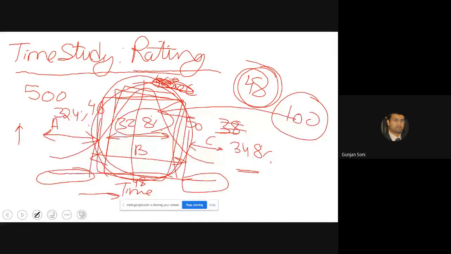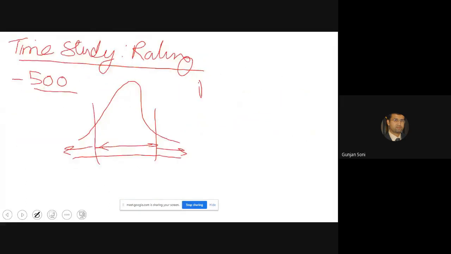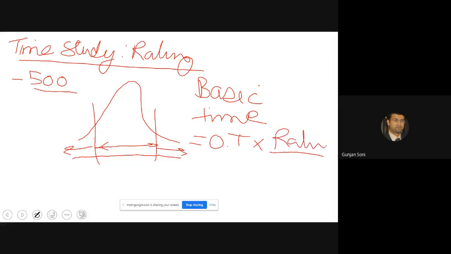Now, how does it signify the basic time? Let's try to understand the fundamental of basic time using this. Basic time, as we know, is observed time multiplied by the standard rating, or you can say rating.